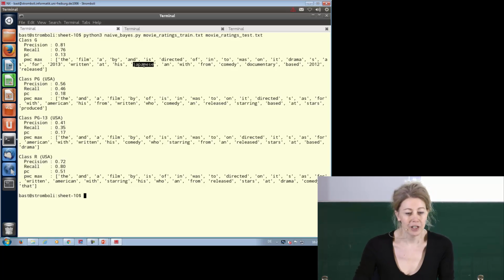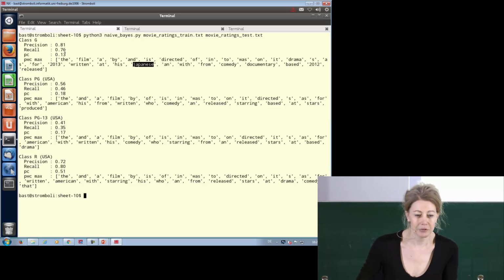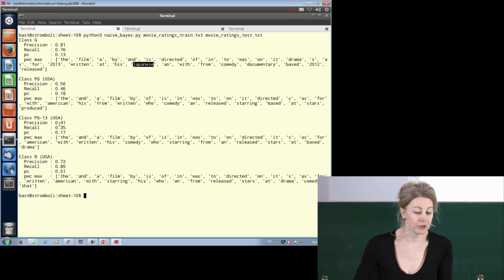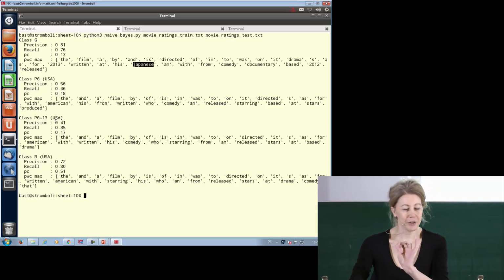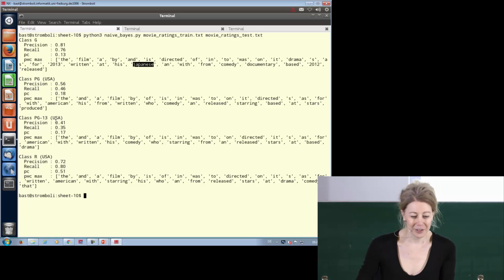Most of you got that. For some reason, all the... yeah. This is interesting to figure out what happened. It's probably because most of the Japanese movies are of the kind that they are for a general audience, at least in this set. PG and PG-13 are harder, with lower numbers, which makes sense, right? Because it's hard to distinguish just from the words whether you need to be 13 or 6. I think PG is, yeah, starting from 6.